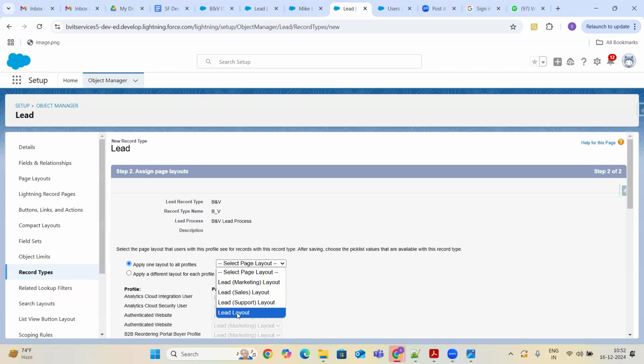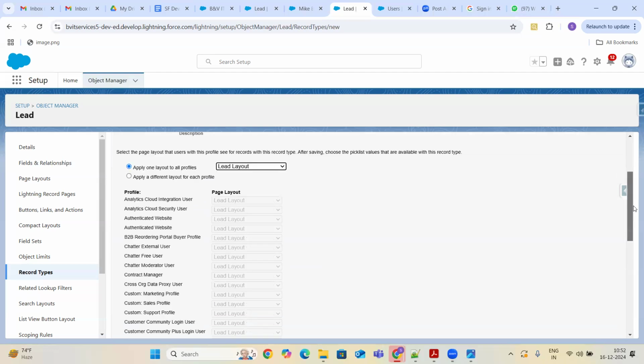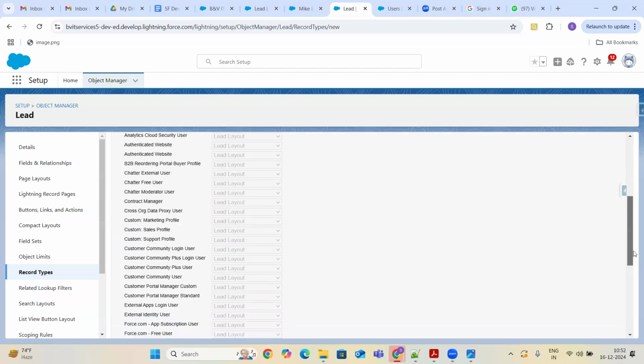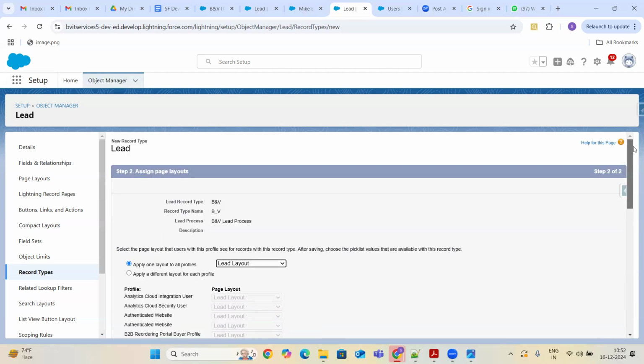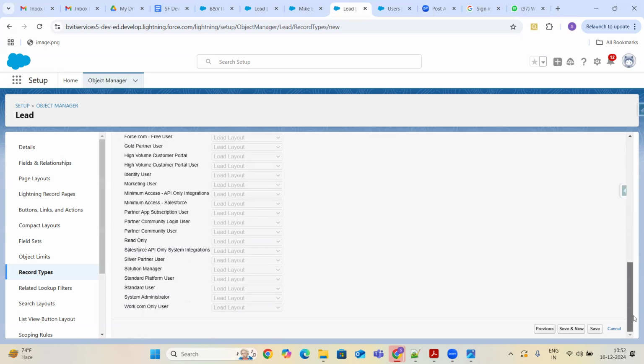Right now you can just take the default layout, and the rest of the details I will explain later. Page layout is nothing but the record pages that you are seeing, which are configured under the page layout. That we will see later. So let's take the default lead layout and click on save and new.